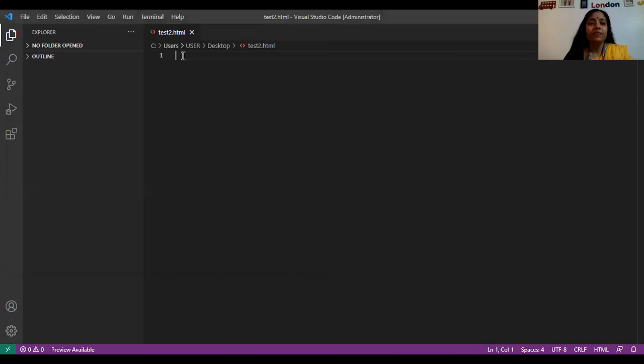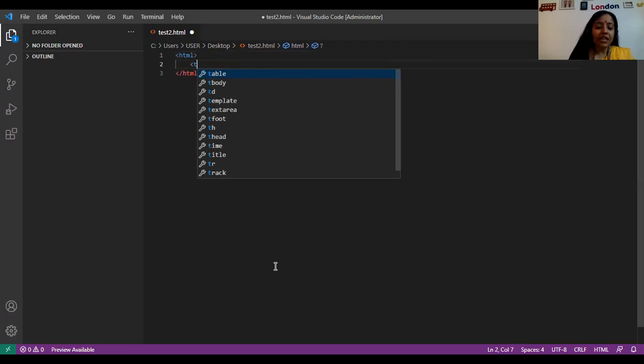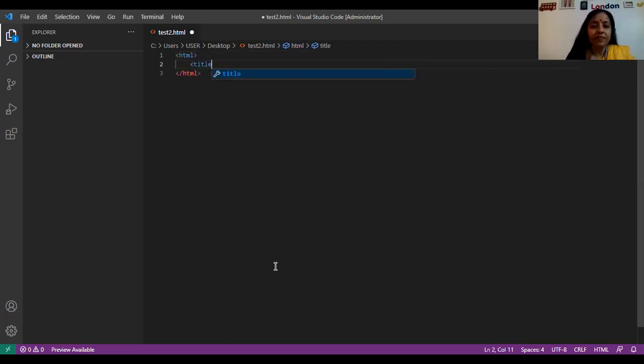Okay, now start to type any code in HTML. As soon as you close the tag, can you see that auto completion of that tag is coming? Just press enter, press something else, you type like title. See? Okay, so now again you can enter and then type my title.